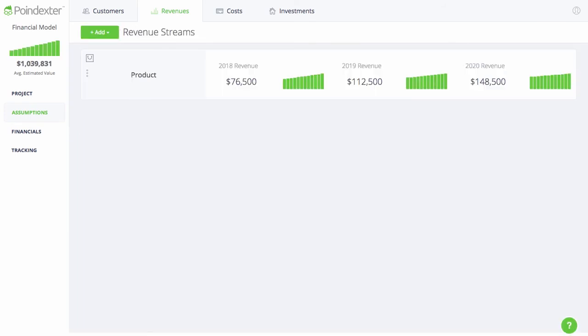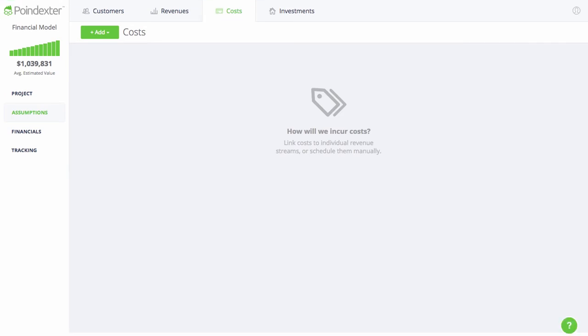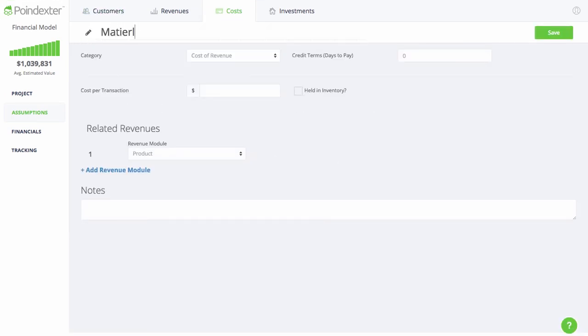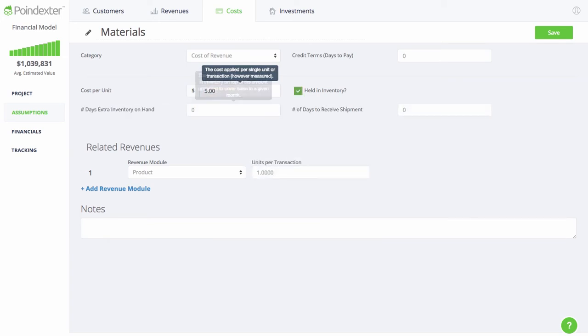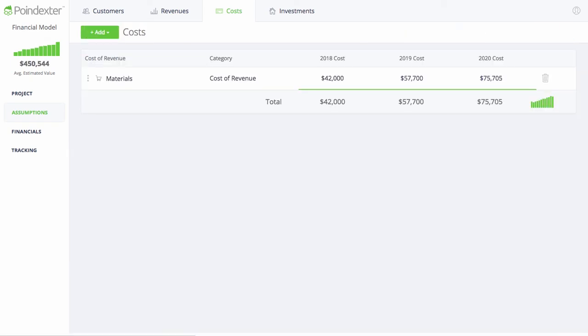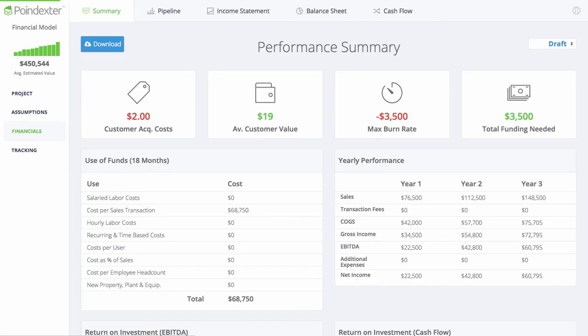Awesome. Revenue. Now we just include some costs, and since we're selling a product, there's probably going to be some materials, if I can type. And we're selling it for $10, so why not $5 in materials, and we're going to hold some in inventory. Click Save. Awesome. And based on these few inputs, we already have an automated financial analysis fully broken out with